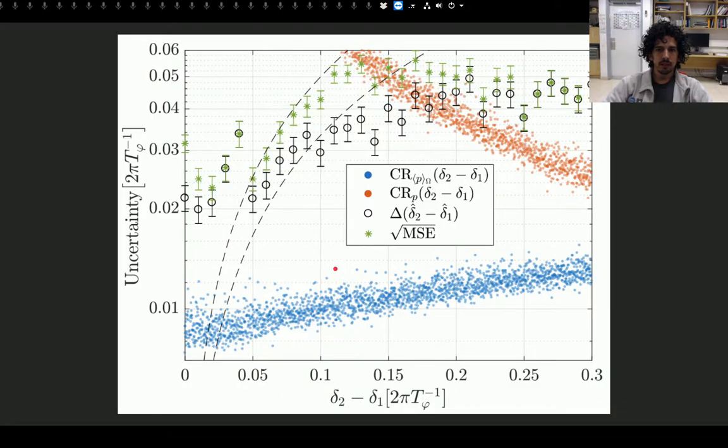We tested this idea in simulation. We simulated a signal that each time had a different amplitude and different phases, each dataset, and we see here in blue the Cramer-Rao bound for this average probability function, and here in orange the Cramer-Rao bound for the probability function that is not averaged. You can see that this diverges as the frequency comes close to 0, but our estimator does not diverge and stays roughly constant